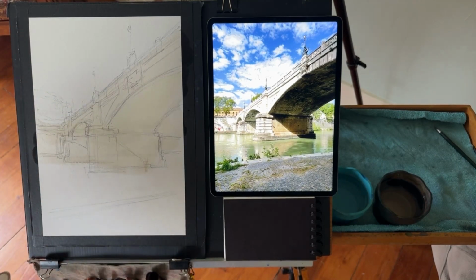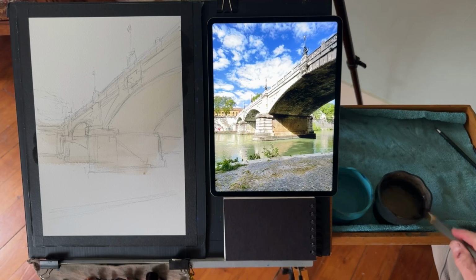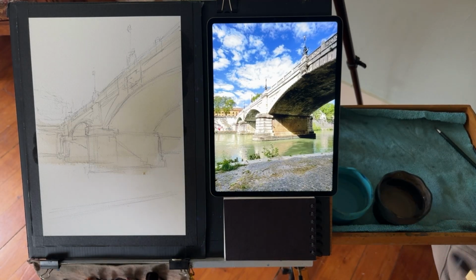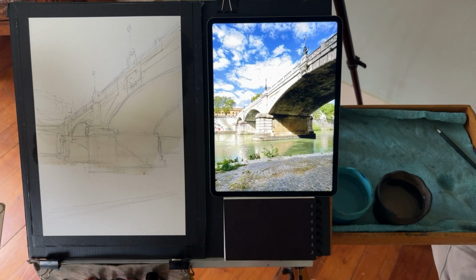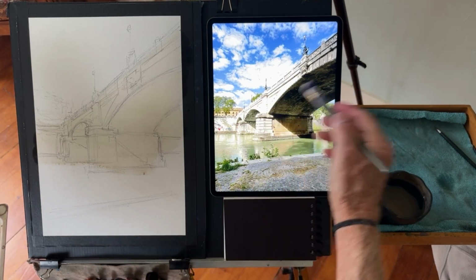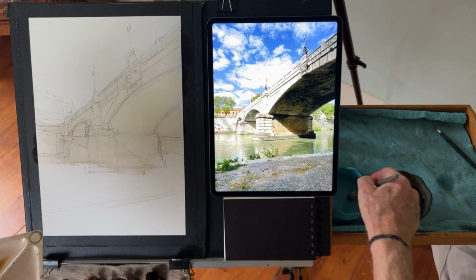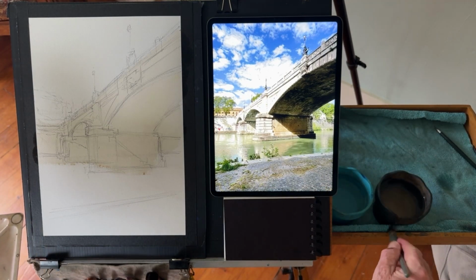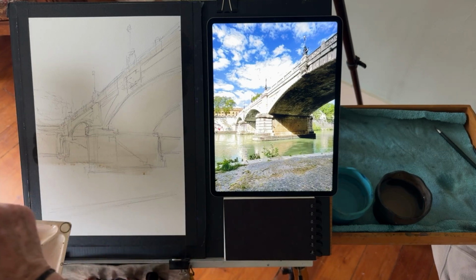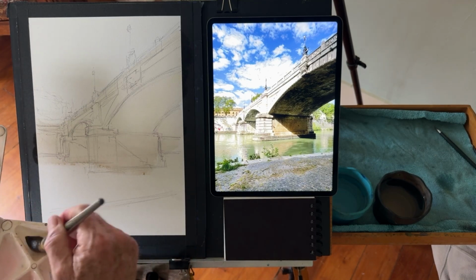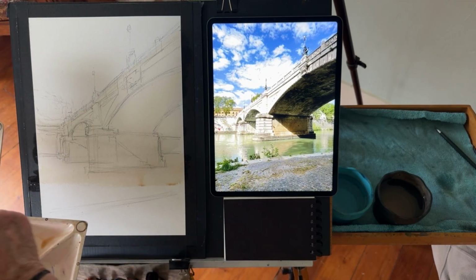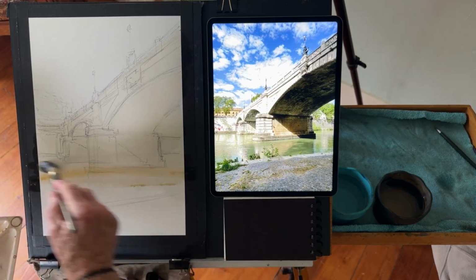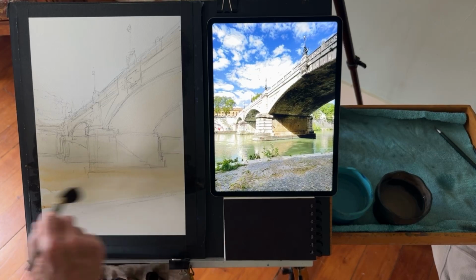Very pale, just off-white. I don't want this to, hi Michael, I don't want this to be too dark overall, because I want it to be midday. I don't want the shadows to be too dark, and you'll see why. So, down in here there are also some reflections. More color will be going down in here, so I'm going to put a little bit more yellow ochre into this section down here,